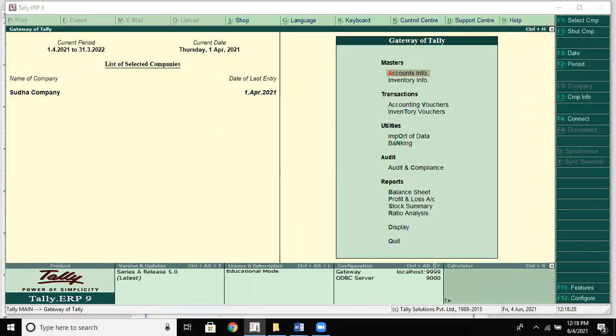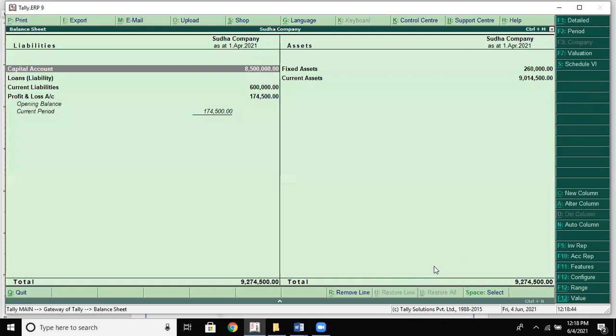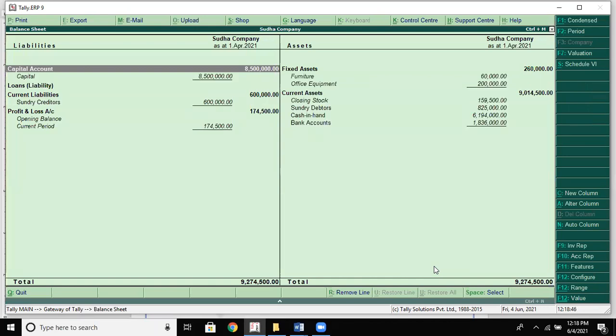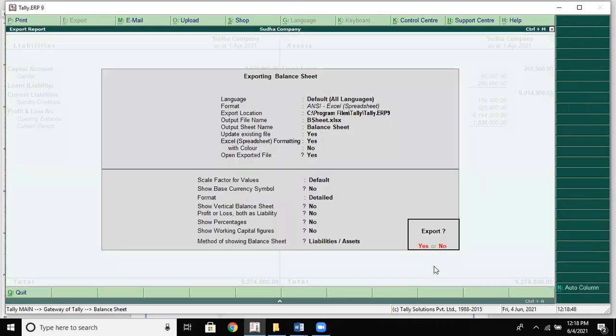Now here you need to select Alt E or export. So directly you can go for Alt E here. Let's go for the balance sheet report, or let's say profit and balance sheet. Then Alt F1, then Alt E in order to export the report.